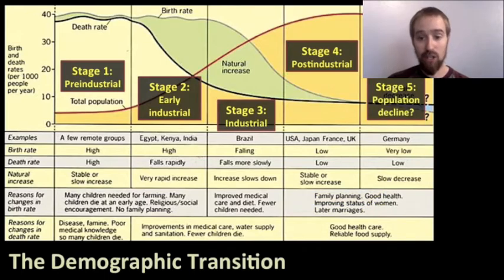This may lead eventually to a fifth stage in the demographic transition, which is mostly hypothetical at this point, in which population growth actually reverses itself and populations decrease in size over time, due once again to those conscious choices to have fewer children per family and to have them later in life. If those choices lead to a birth rate that's lower than the death rate, then this population will decrease in size, and we're beginning to see that kind of trend in some countries, like Germany and some of the other